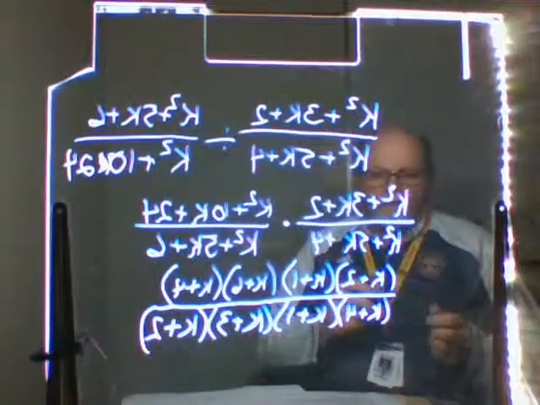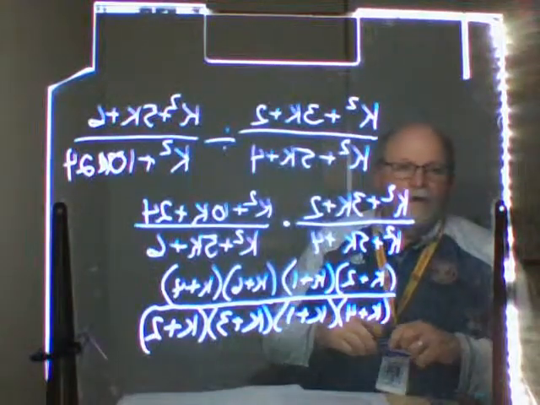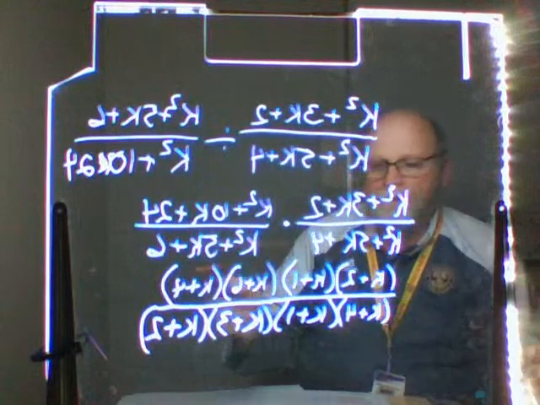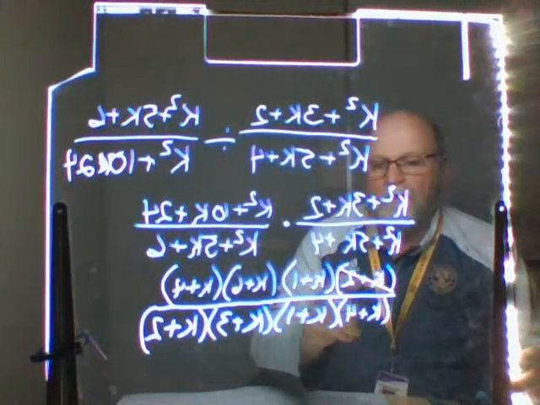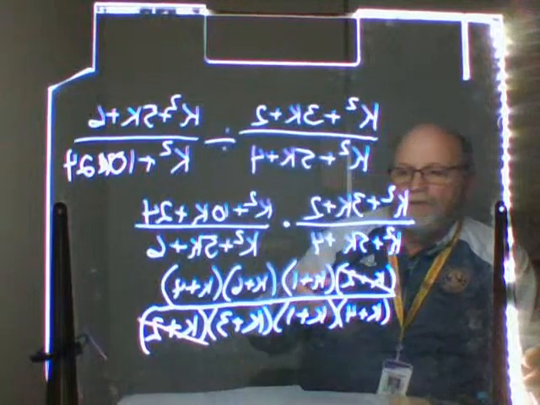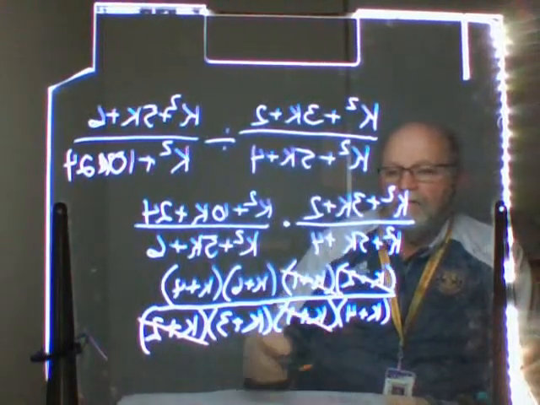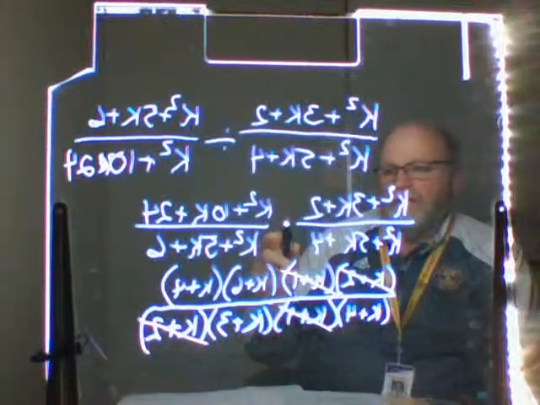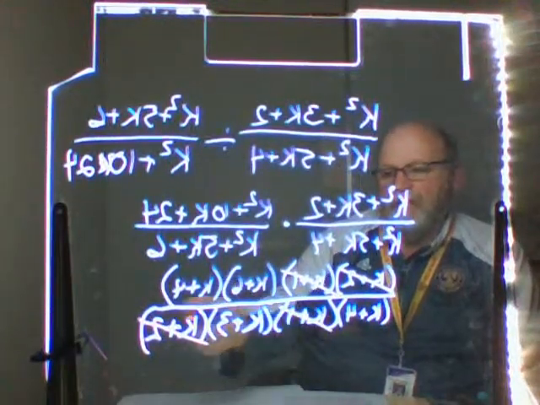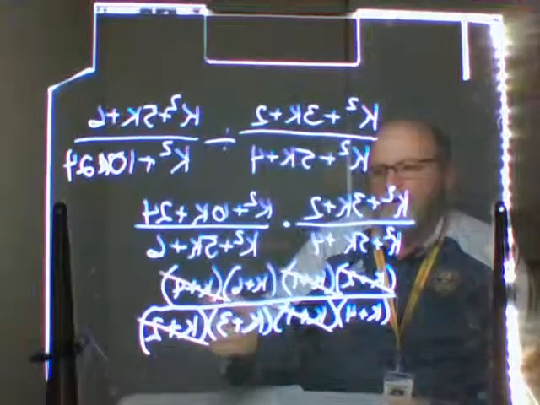Okay, now from there, we're going to go ahead and do our canceling, right? So let's just start with k plus 2. Got here, bam, bang, right off the bat. Then we look at k plus 1, right? Here and here, those cancel. Then we look at k plus 6. Well, there is not a k plus 6 down here. So then the next thing is k plus 4 here,